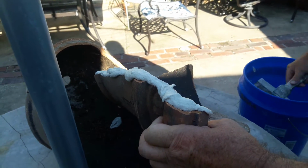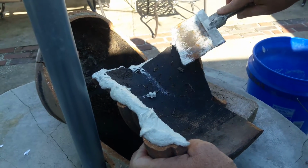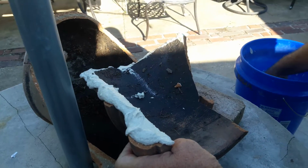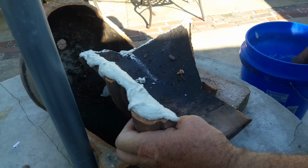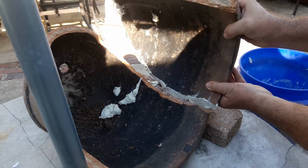We're not worried about any of it contaminating or dropping or being sloppy at this point. We can clean it all up at the end. We just about got that ready to put this in place. Okay, now this is going to go in place just like